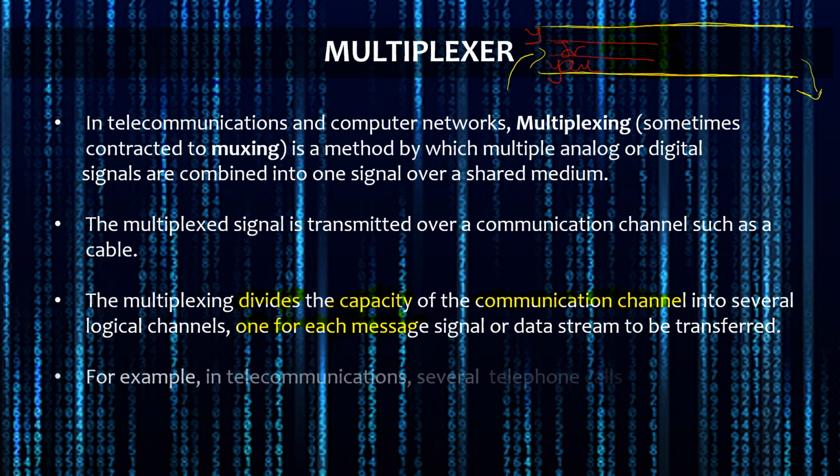And our last point is about the example. When we call someone, it might be that there is a single call, but we are using multiple lines, right? But ultimately we are using a single wire. Here we are talking about our landline calls. So what happens, we have only a single cable, but on a single cable it might be possible that we get several phone calls. So it does not mean that if I want to make a call to one friend and another friend, I need two different wires, right?